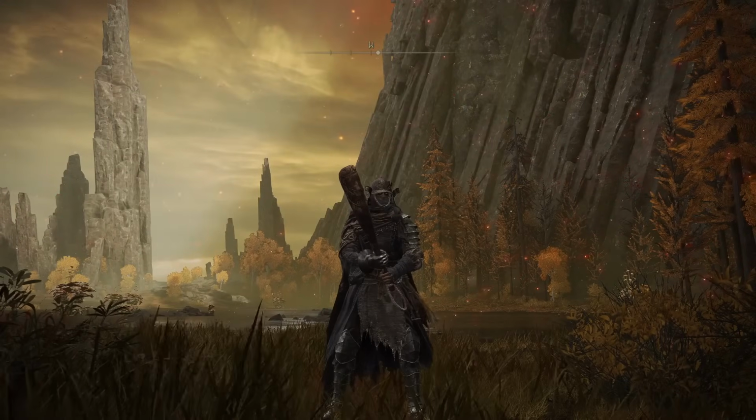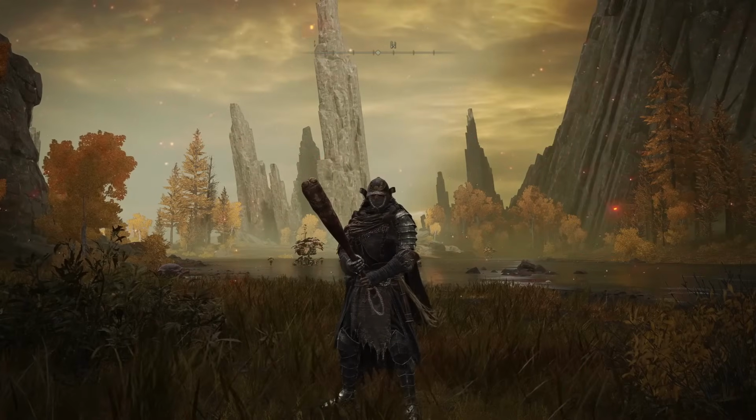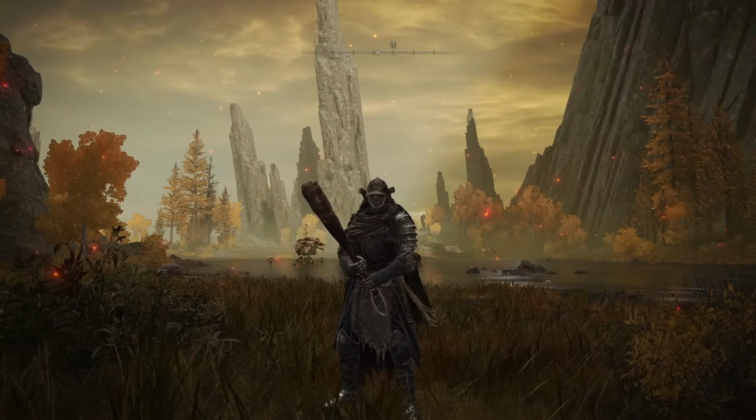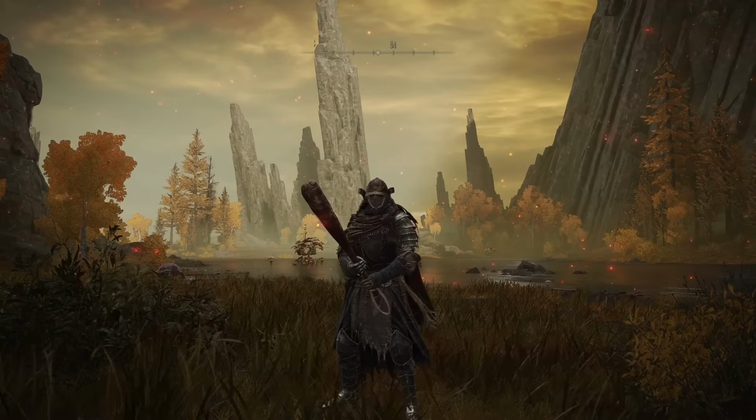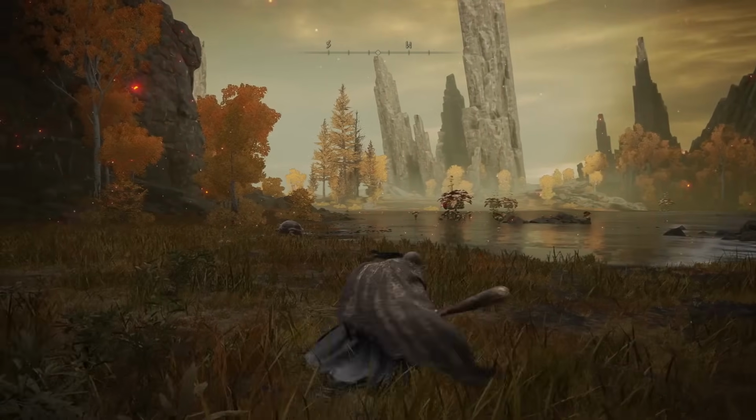And actually, this can kind of come in handy in invasions. If you're trying to keep your distance and kind of scout out an area to take on a fight, and you don't want the host or the cooperators to see you, just go ahead and throw the Concealing Veil on